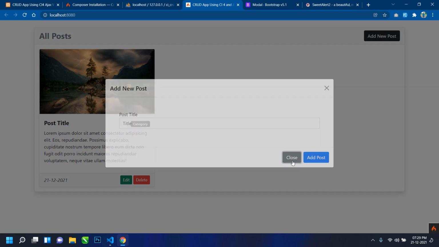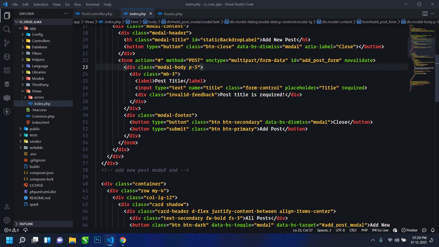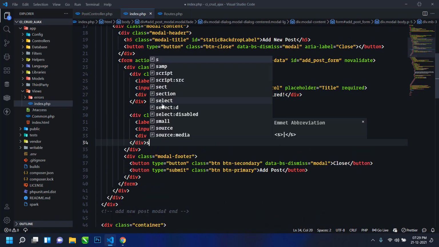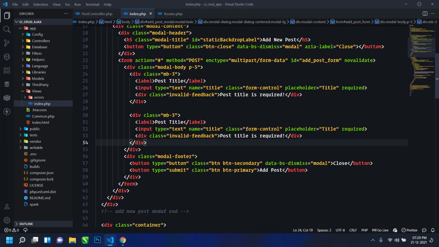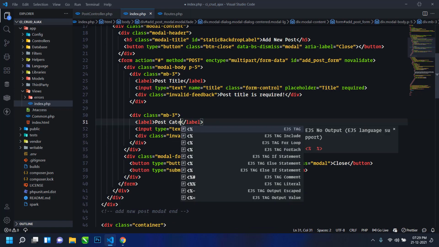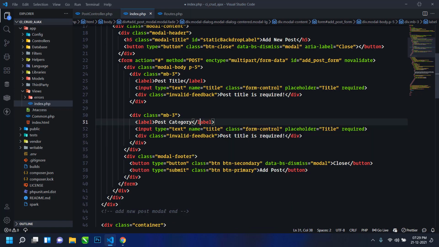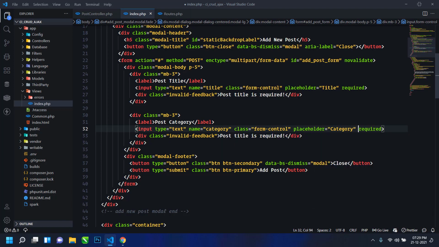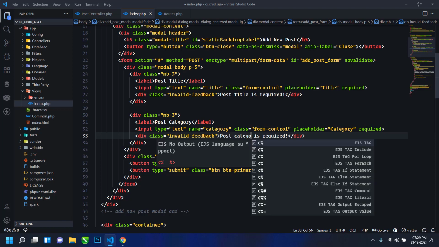Next field is post category, so I will just copy the same thing and paste here. Just change the title to category, and in name I will write category, and in placeholder I will also write category. Just change the post title to category.